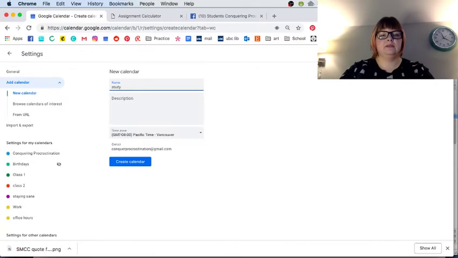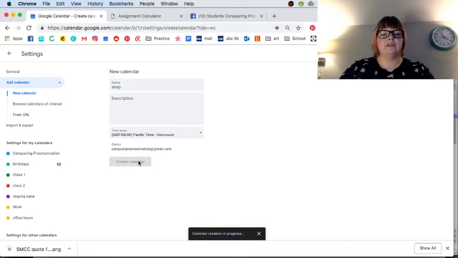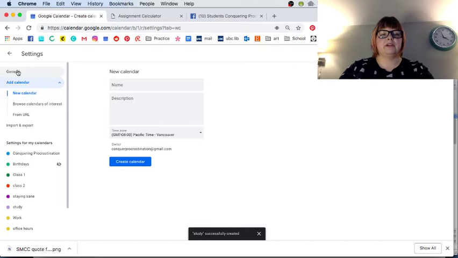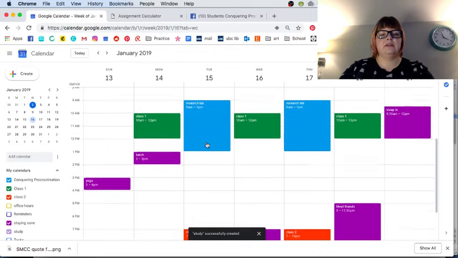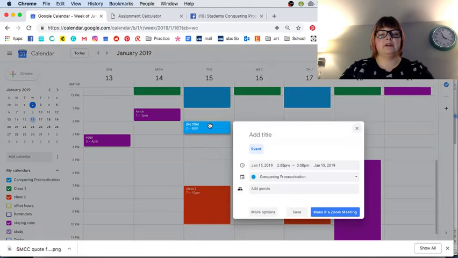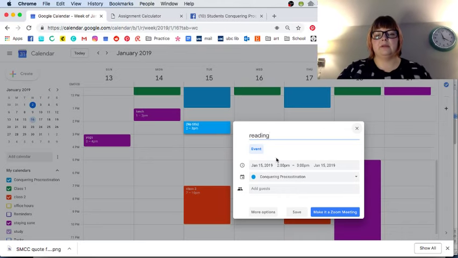Studying. Because sometimes it's better to have that visual as well. But you don't have to. You can just say that all the other times, I can be doing that. So let's say here I have a block. I'm going to work for a bit, but I don't want to burn myself out too much before this big class. So maybe I will